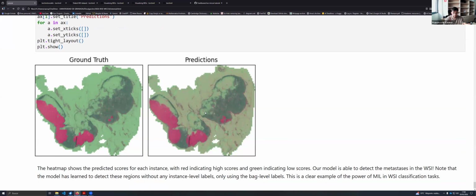Observe that we have only trained for 5 epochs, and the model is already able to discover where the cancerous tissue is, and we didn't give any information about this in the training loop. We only gave the model a bag label, and it's still able to recover where the tumorous tissue is. I find this really interesting because imagine you want to somehow discover new